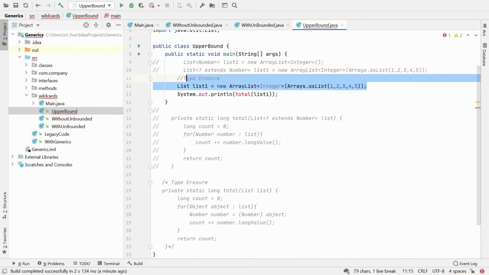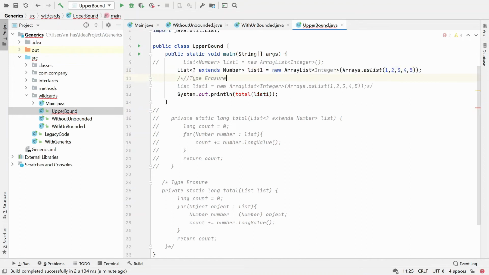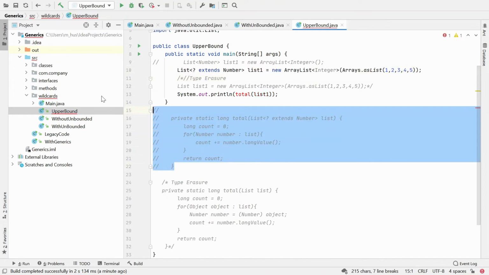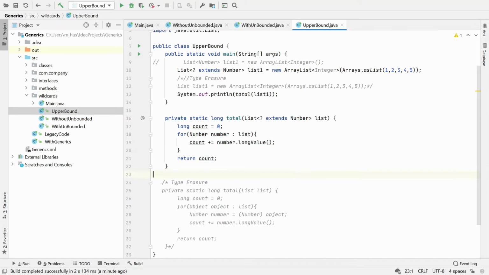So you can get all this code from the GitHub. And let's uncomment. Alright, so now you know what the compiler is doing, and I just mentioned it here down below for better understanding. Alright,